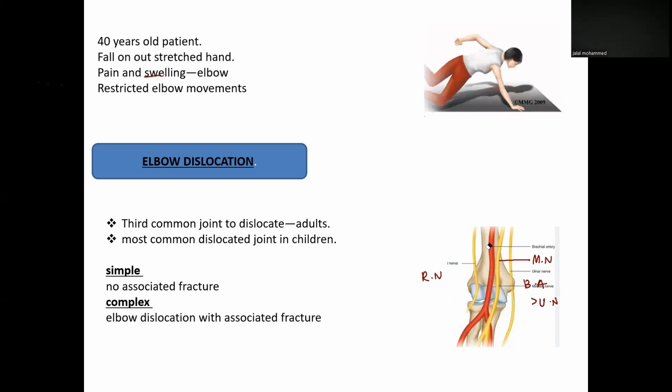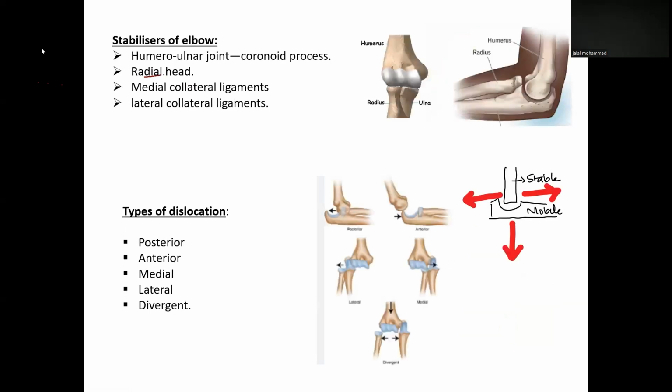They are either quite anterior or a little posterior, and they are very vulnerable to sustain injury or damage when the patient has an elbow dislocation. Before knowing the dislocation of the elbow, we need to know what are the structures which give stability to the elbow. So the first thing is